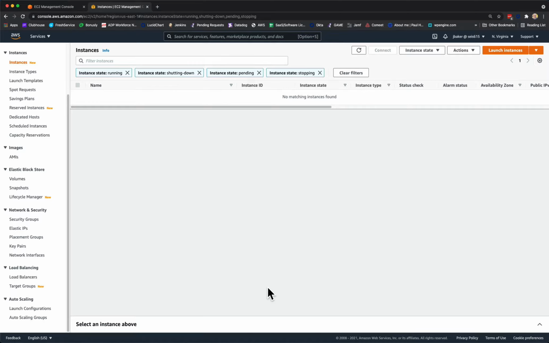We could create those EC2 instances manually, one at a time, but it's far easier to simply define a template describing what our EC2 instance should look like, and then use an auto-scaling group to create any number of EC2 instances using that template. This allows us to scale out a fleet of EC2 instances supporting our application very, very